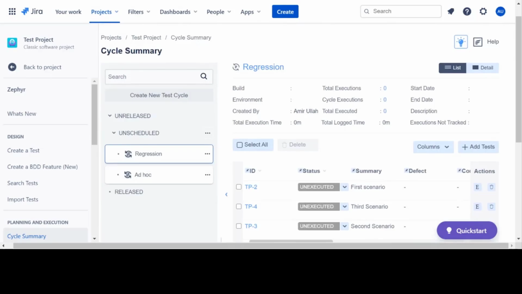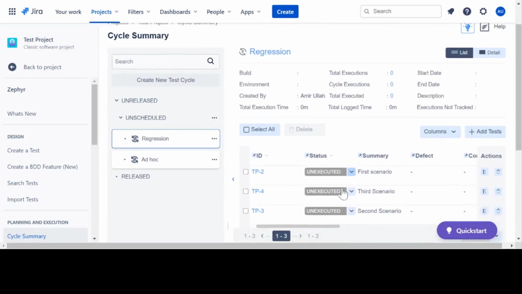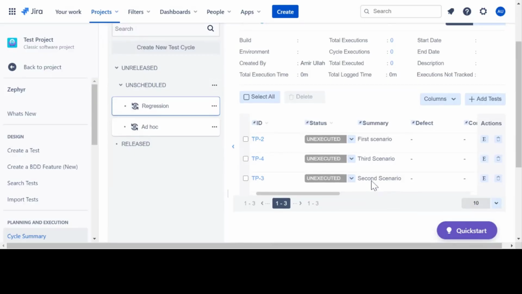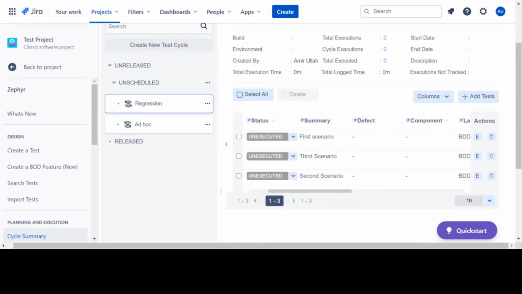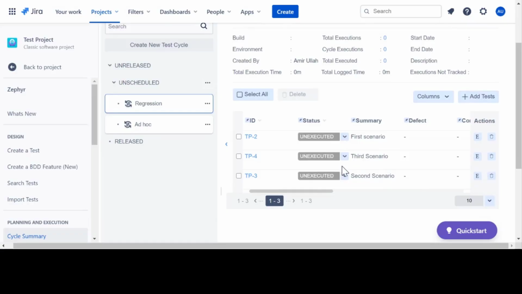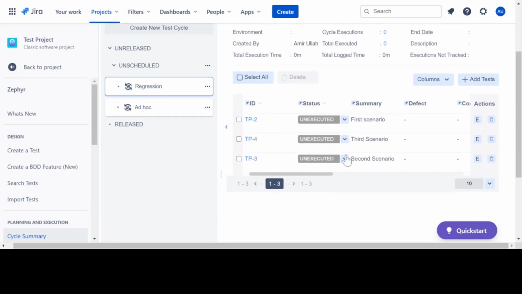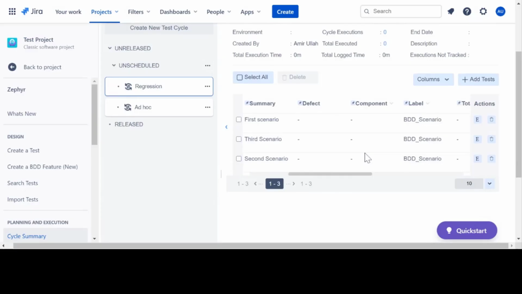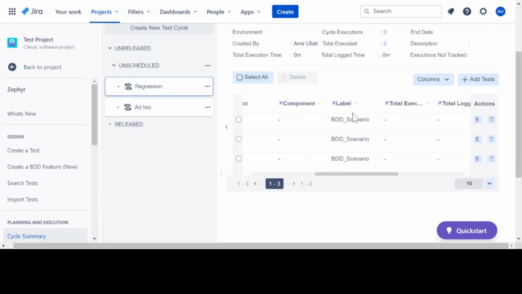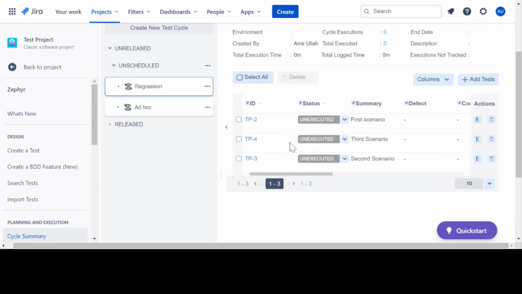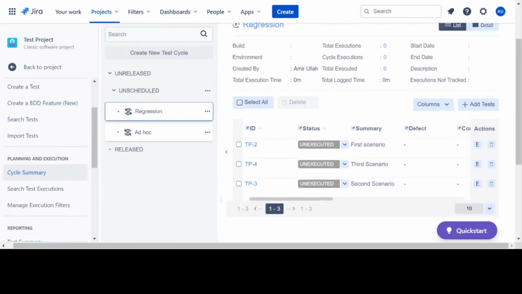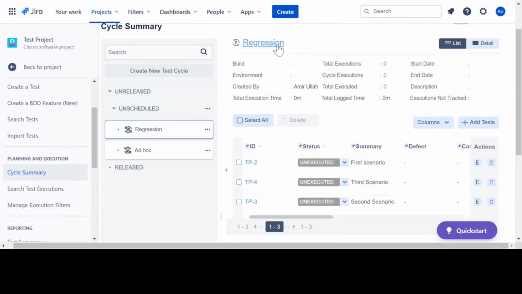So the tests have been added to this regression cycle. You can see the current status of those tests is unexecuted. And you can see different columns here: defect, component, label, total execution, and all, right? So once the tests have been added to your particular cycle, now you can execute those tests either